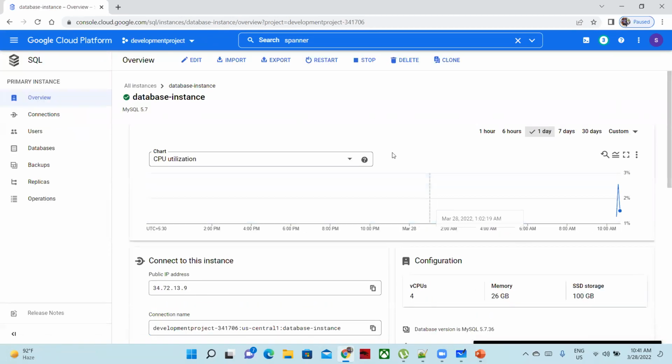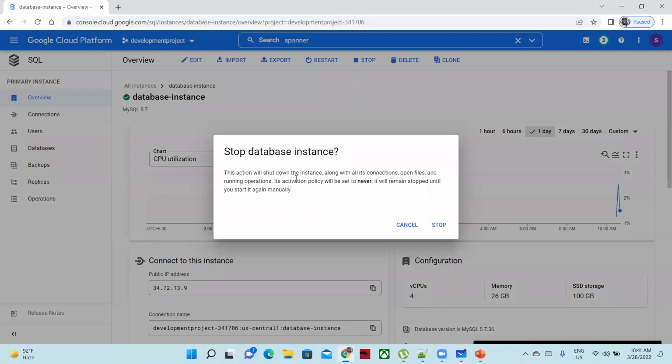Let's say you might get a request: hey team, can you please restart your database here? So the first operation is, I would like to stop my database. The action will shut down the instance along with all its connections, open files, and running operations. Its activation policy will be set to never. It will remain stopped until you start it again manually. That means it will be available until you start the database one more